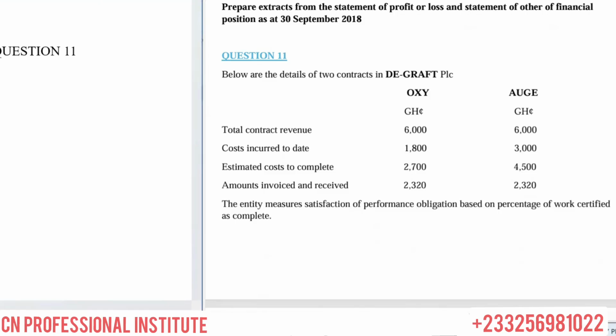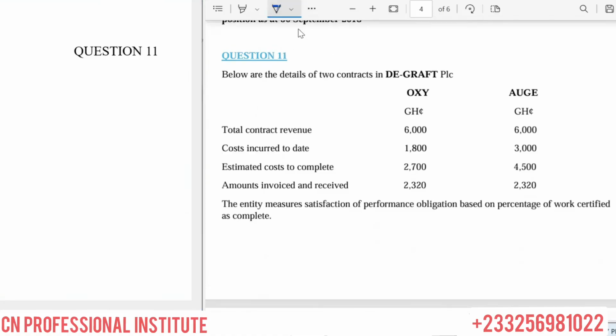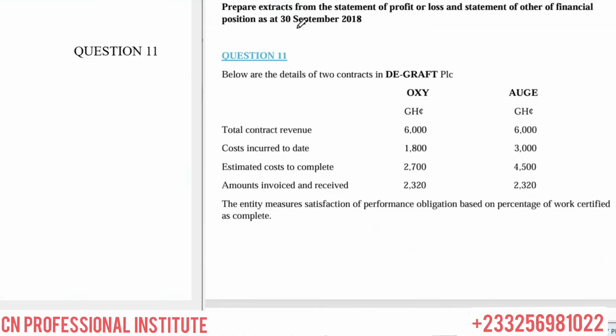So let's look at question 11. It says below are the details of two contracts in Graft PLC. We have Oxy and Oge. We have their total revenue, cost to date, cost to complete, amount invoiced, and received. The entity measures satisfaction of performance obligation based on percentage of work certified